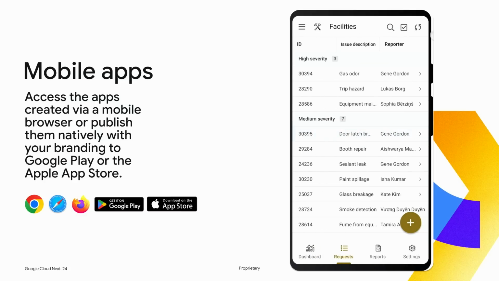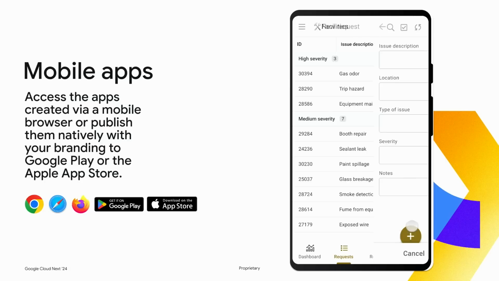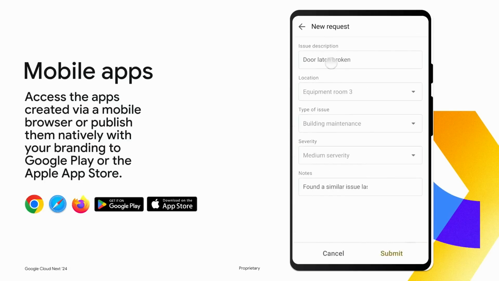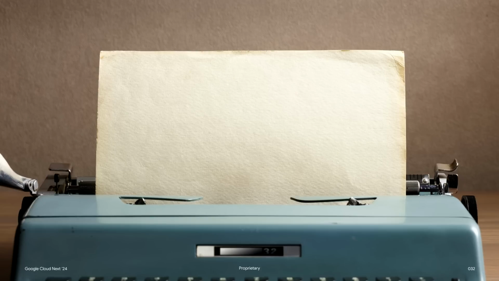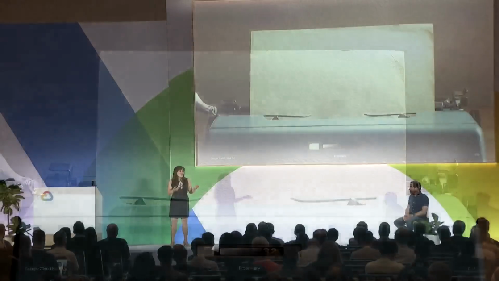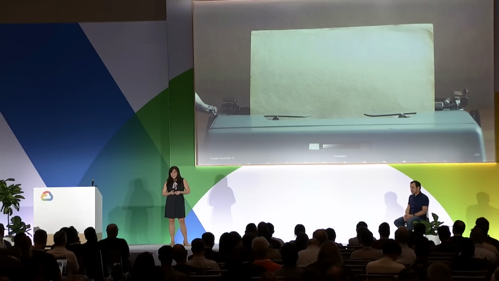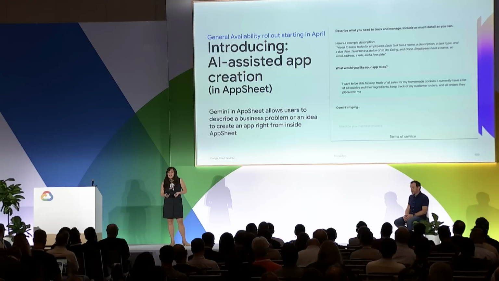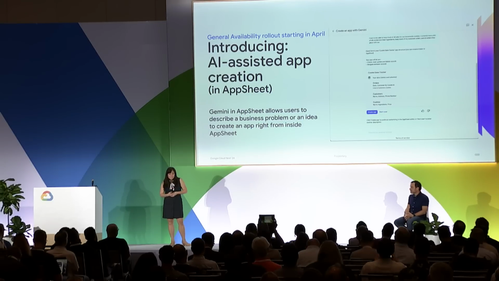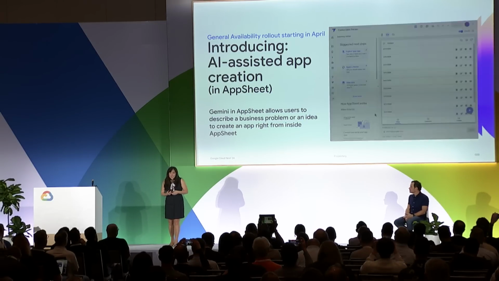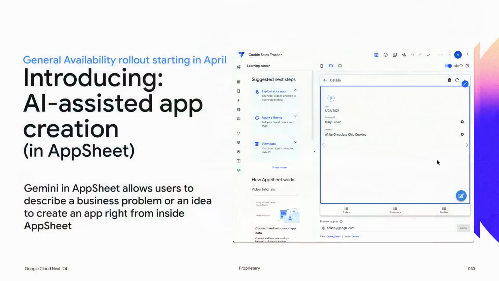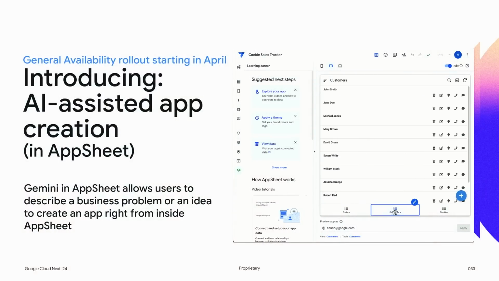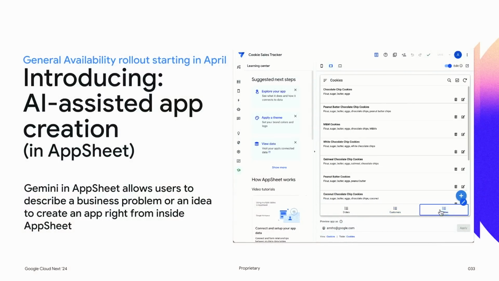So as you can see, there's a lot that you can show your team about what AppSheet can do. But sometimes the hardest part is getting started when you're staring at a blank piece of paper. This can be especially true for non-technical folks when they have to learn something new. You have to show your folks how easy it is to get started. And we've got you there with AI-assisted app creation. This will allow your creators to not have to start from a data schema. They can just describe a business process or app idea, and we take care of that for them.